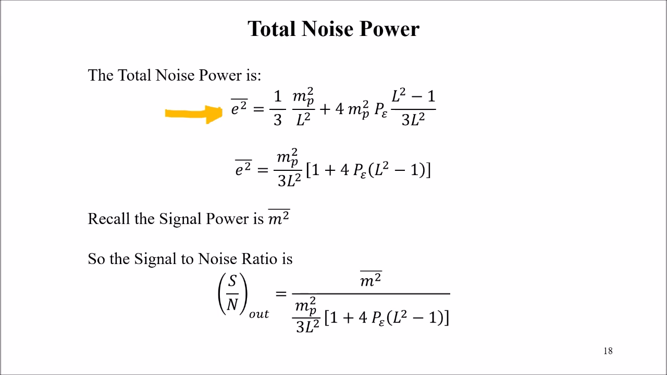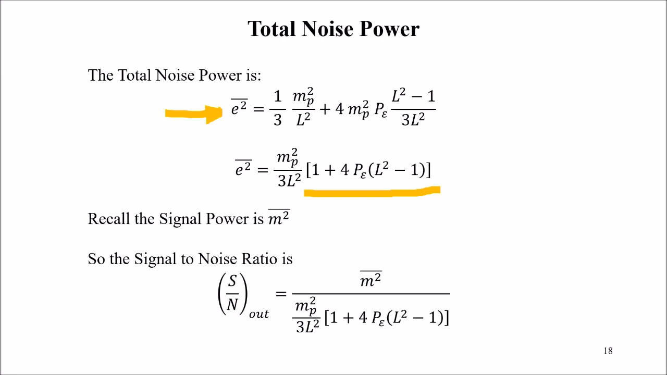So we factor out MP squared over 3L squared, and we're left with 1 plus 4 times the probability of a bit error times the level squared minus 1. If we take our signal power to be the original binary message squared and then time averaged, from this we can form the signal to noise ratio. In the top of the fraction we have the signal power, m squared time averaged, and in the bottom of the fraction we have the total noise power,